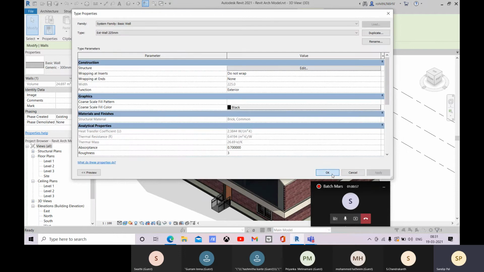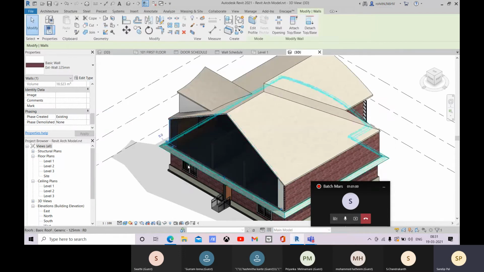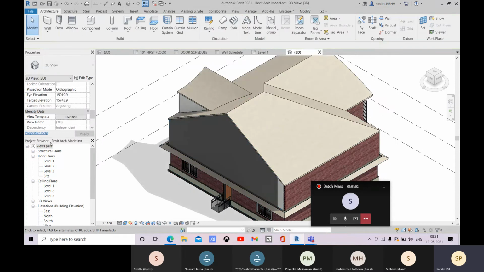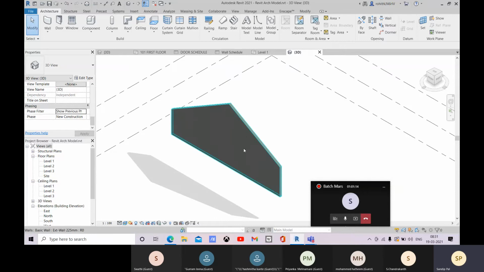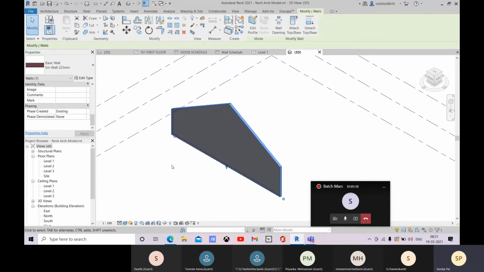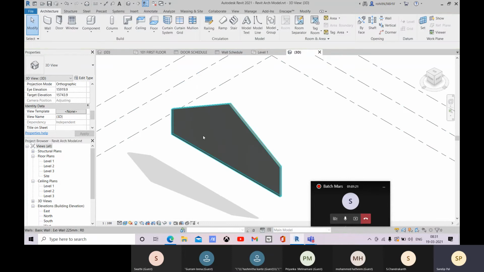All right, let's click on OK, and this is the existing, right? So here we have within this existing. So this one is the existing. I will only create the schedule for this one, so that will be easier to understand for you guys. So let me go for this schedule